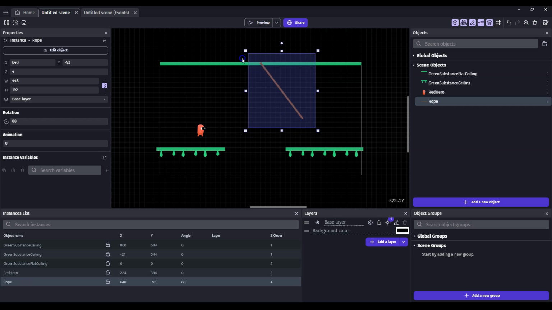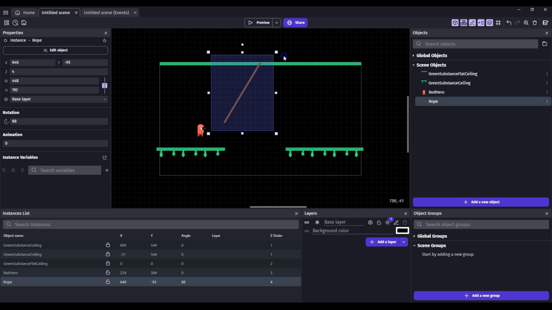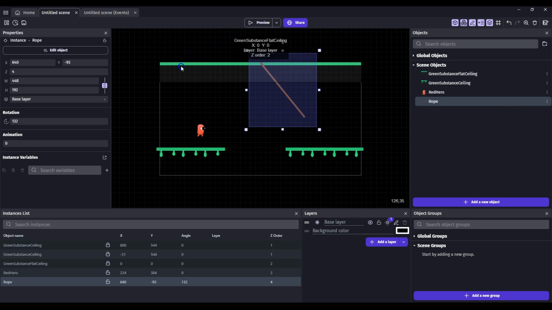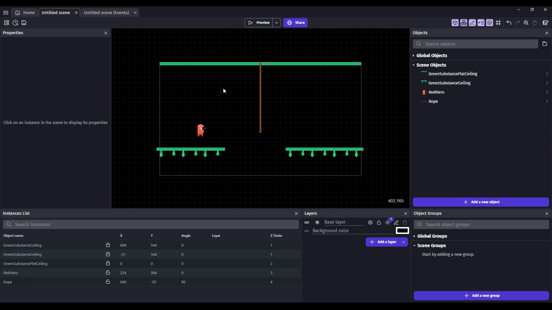So we want it to kind of go like this. And I'm trying to think if there's a behavior that will do this. I know that I could probably do it with an object tween. Hold on. I could do this with an object tween that sets a variable for rotation, and that's maybe what I'll do, but I want to try an extension that might work. I've never tried this extension before, but I have seen it before. Let's search. It's called